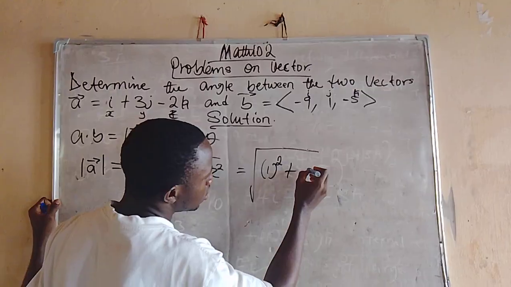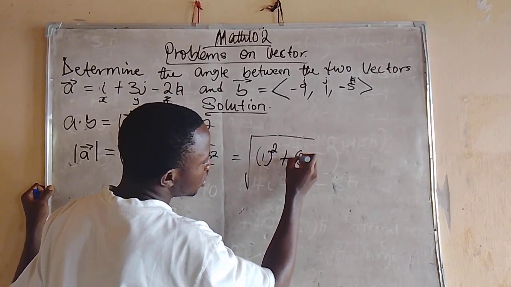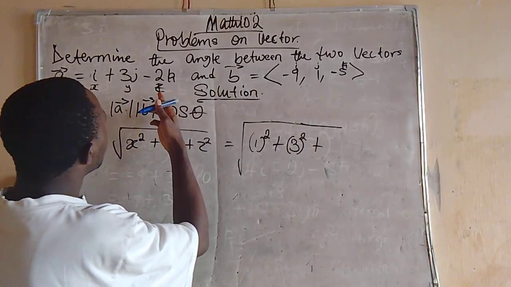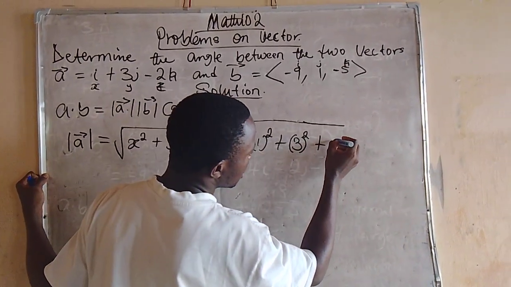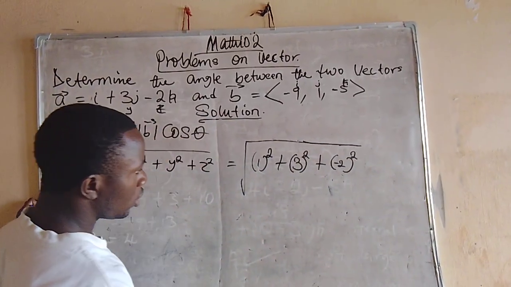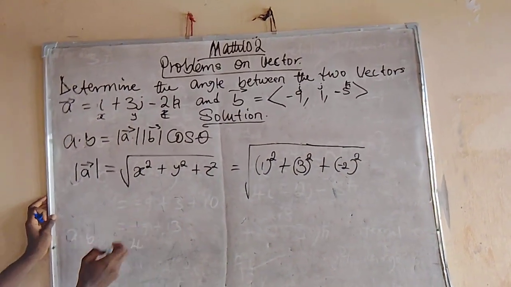Y is 3, right? So we have 3 raised to the power of 2 plus what we have as z is -2, so -2 all raised to 2 as well. Okay, so if you do it, we are going to have